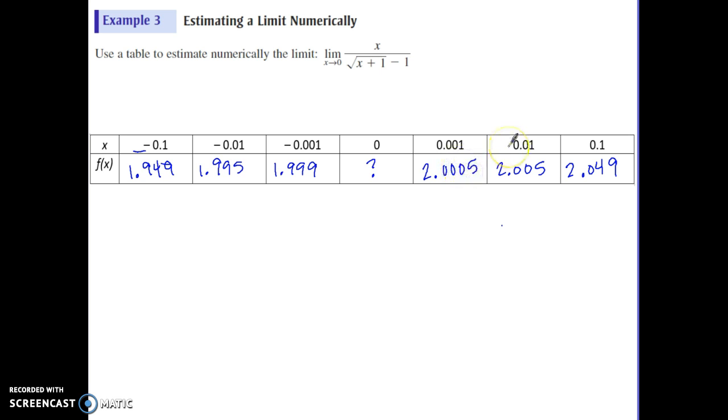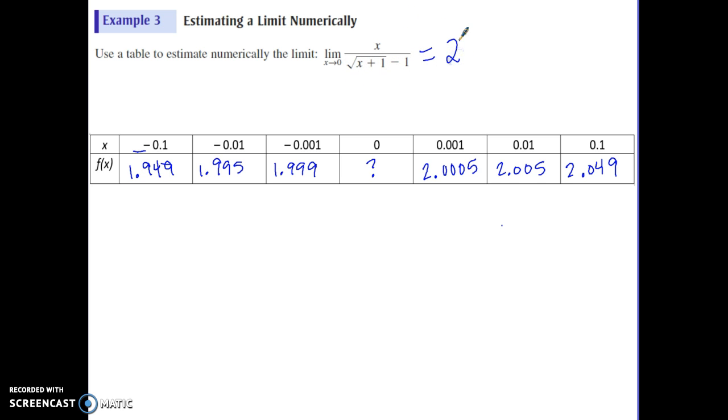2.0005. So you can see as your x's are getting closer and closer to 0 from the right, so slightly bigger than 0, but getting closer and closer, my y values look like they're getting closer and closer to 2. So that leads us to make the conclusion that the limit as x approaches 0 of x over the square root of x plus 1 minus 1 is in fact